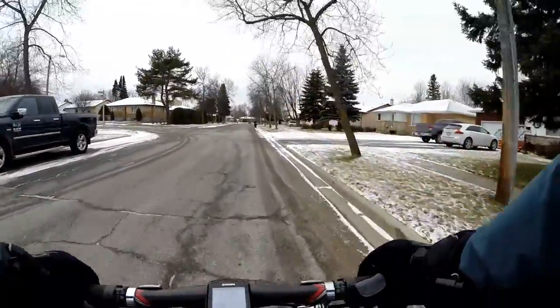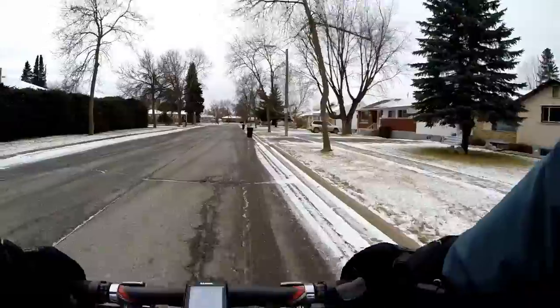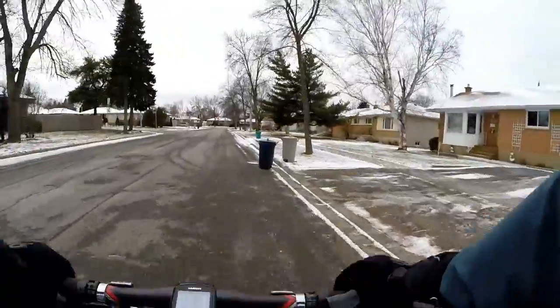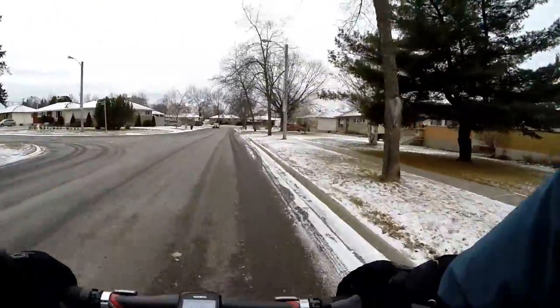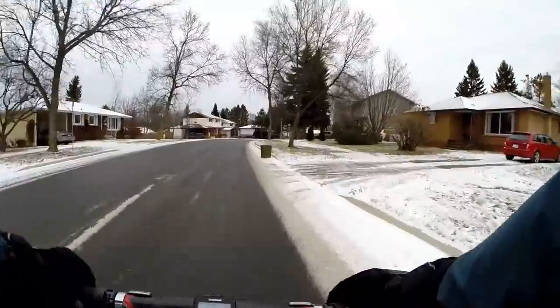So I've got a route planned today that's going to be a little over 60K on a fat bike. That's going to take around 3 hours. There is a fair bit of pavement, but also a fair bit of gravel road, but those gravel roads should be snow covered now. So we got a light dusting here in the city, but the city is right beside